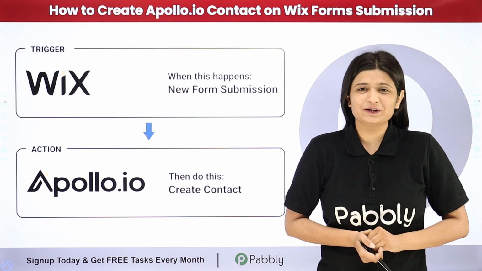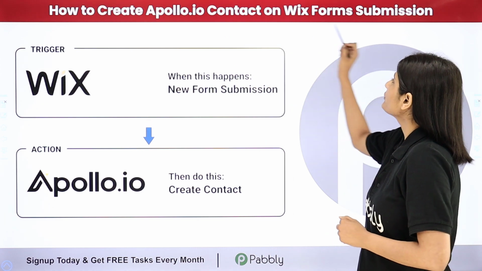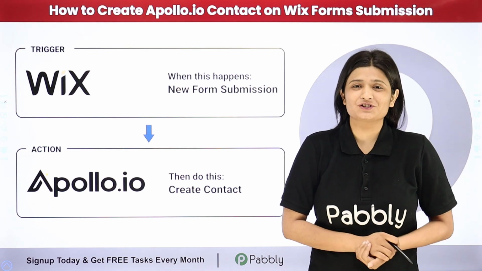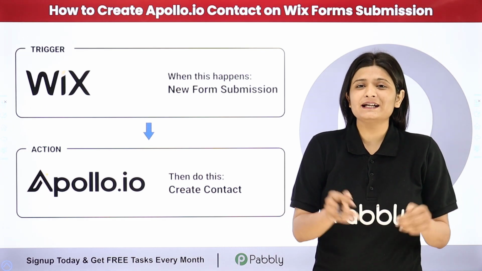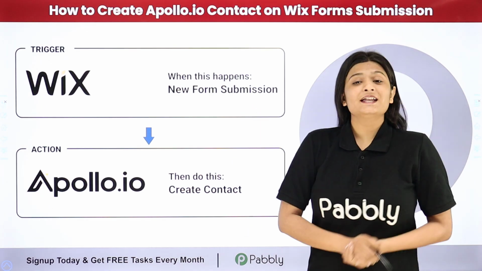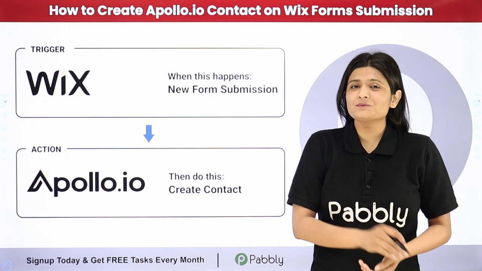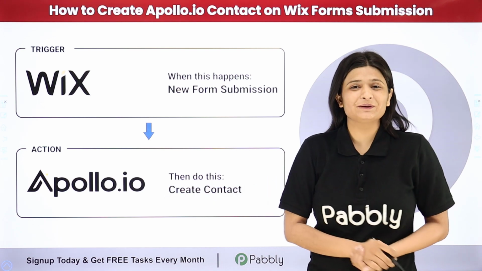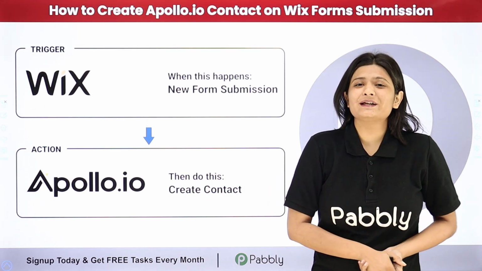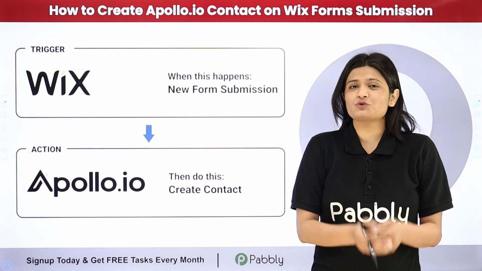In this video, we are going to learn how to create an Apollo.io contact on Wix form submission. So let's suppose I am running an online business and I am receiving all my leads with the help of Wix forms. Now I want that whenever there is a new form submission, a contact should be created in my Apollo.io account. Doing this manually will be a very tedious task, so I am going to completely automate this